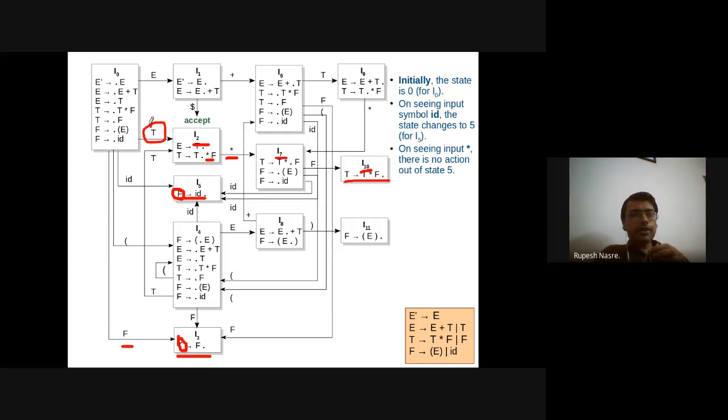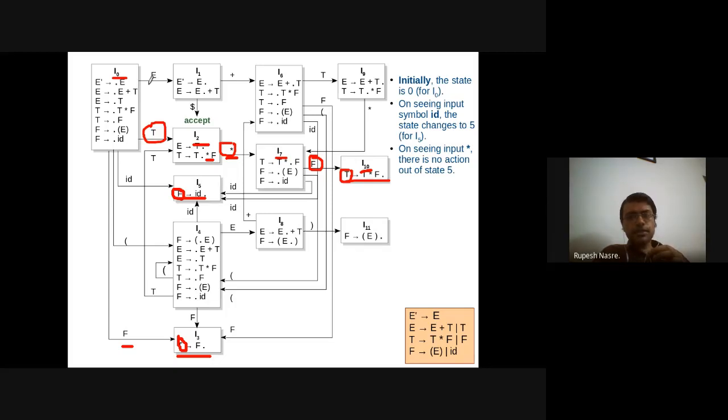This is our T, this is our star, and this is our F. So as soon as you pop these items from the stack, we are not really maintaining the stack using the symbols, but as soon as this reduction is on 3 elements, that means that after removing T star F, I need to replace T star F with T in state I0.